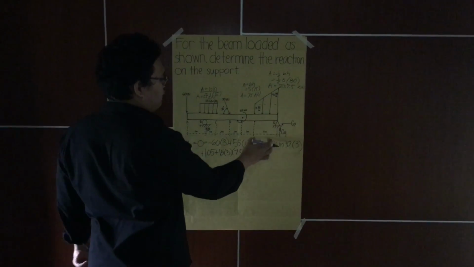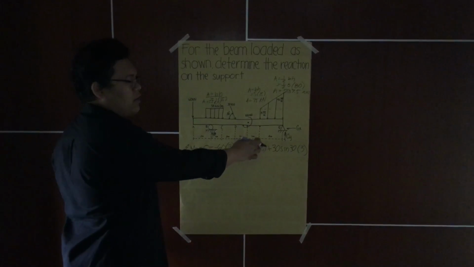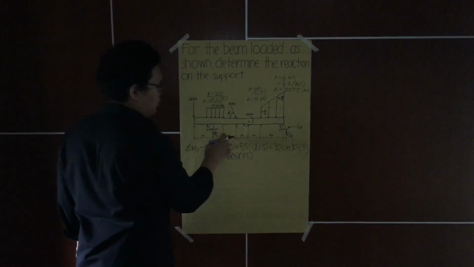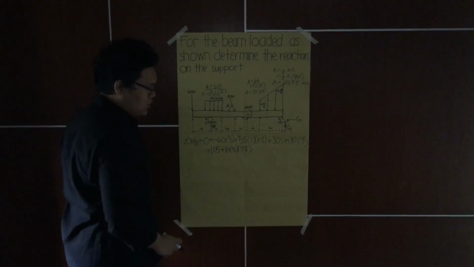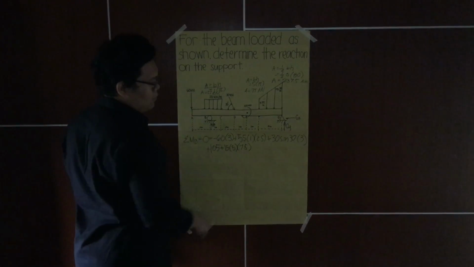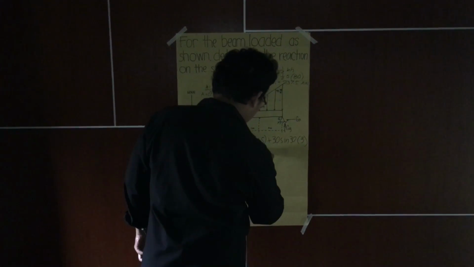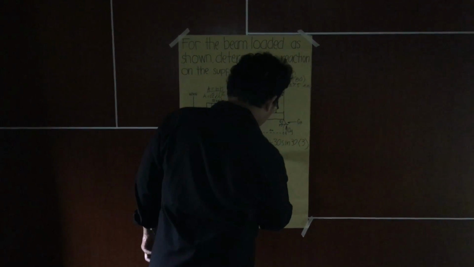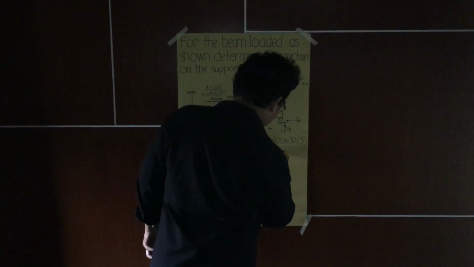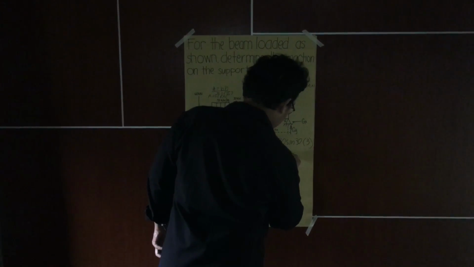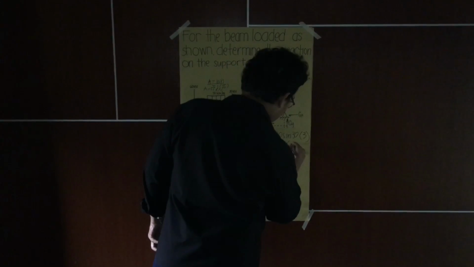Since half of 5 is 2.5, we add this to the remaining distances, which gives us 7.5, plus 1/2 times 5 times 80 times the moment arm 9,